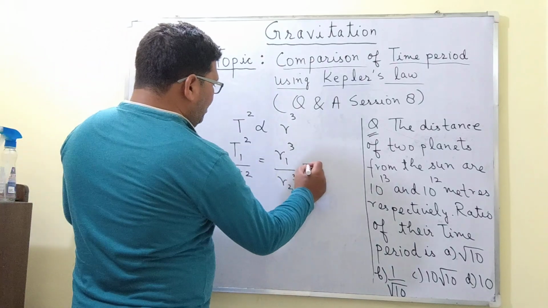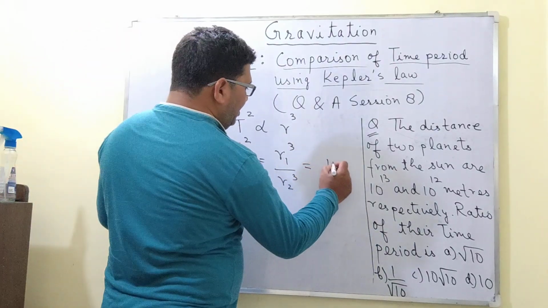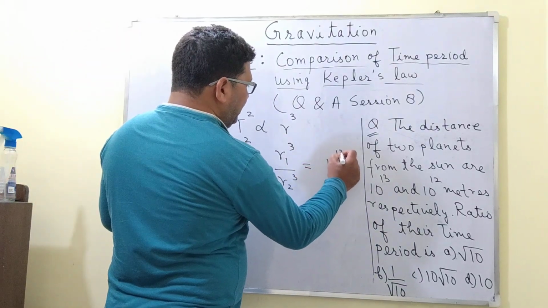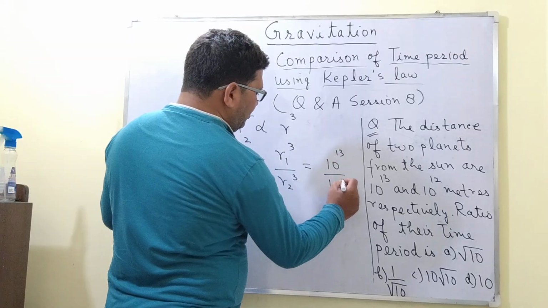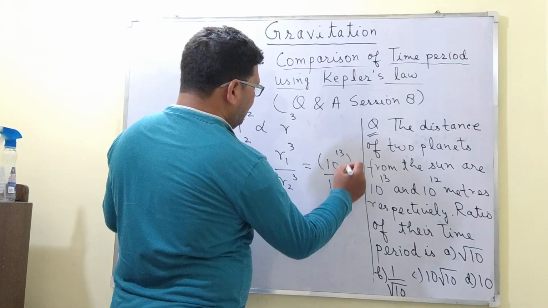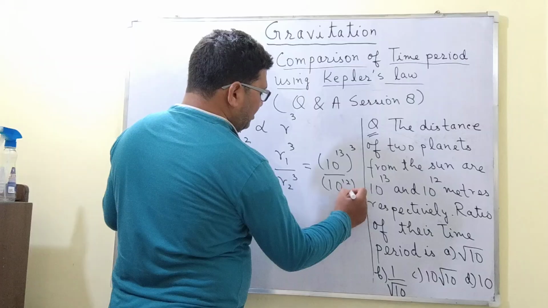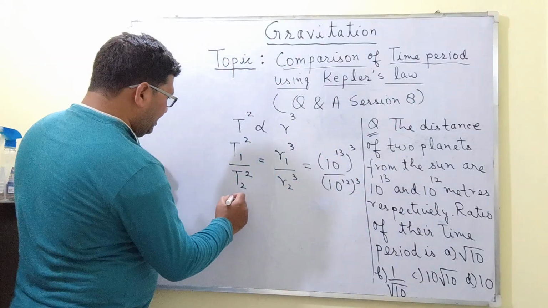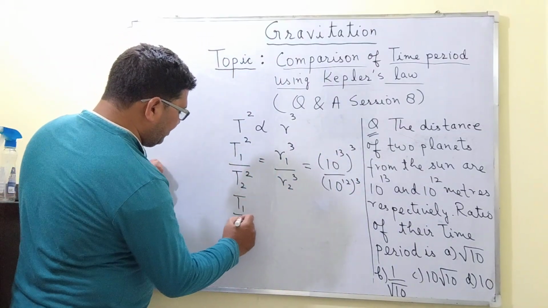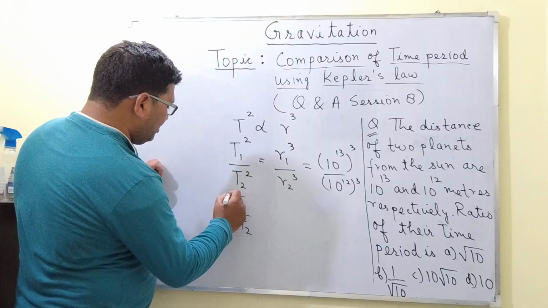So this will be equal to 10 to the power 13 upon 10 to the power 12 whole cube, and so we can say that T1 upon T2